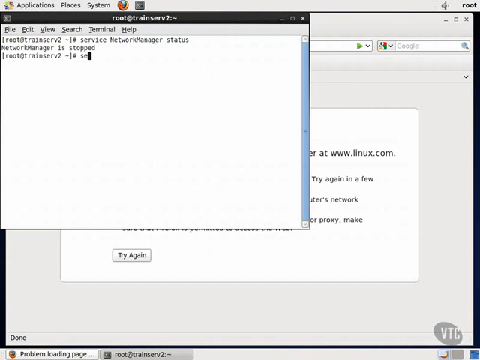Let's check our DNS settings in the /etc/resolv.conf file. And we do see that we have a DNS server there at 192.168.75.2. Let's make sure that we can communicate with that server. And we can. So let's make sure that our DNS server can resolve the domain name of redhat.com to its